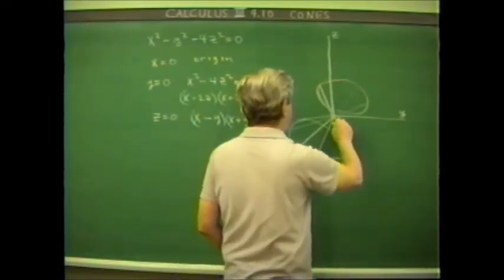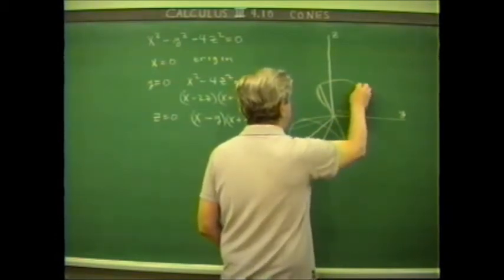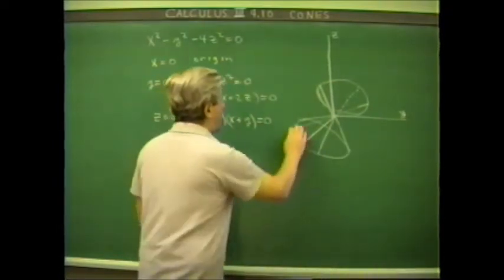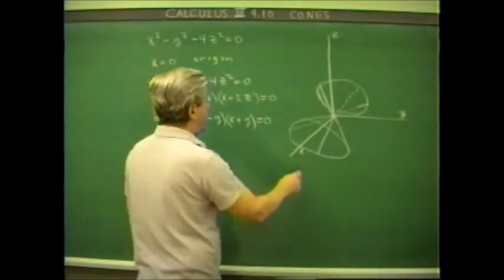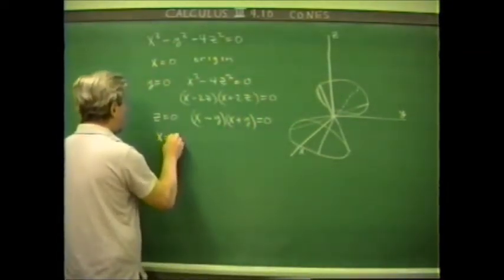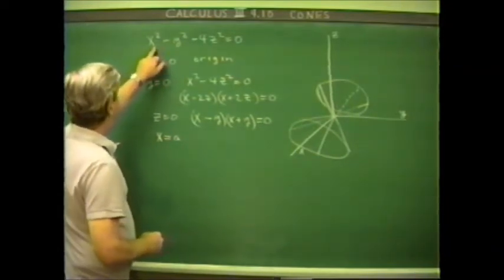This is x equals y, and this is x equals, so these two are over here like this. And this one is up here. And this one's down here. So it's a cone. In the cross sections, if we fix a particular value of x, x equals a, we find that we've got